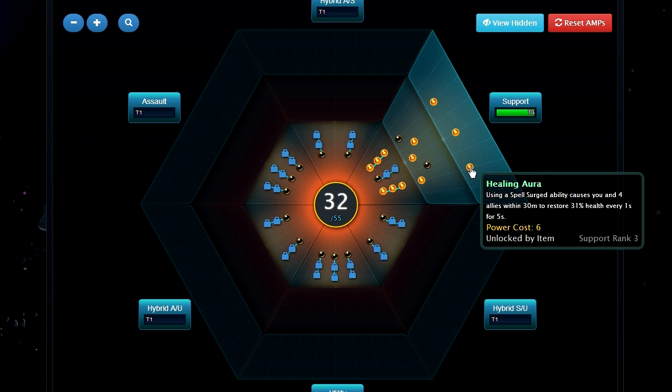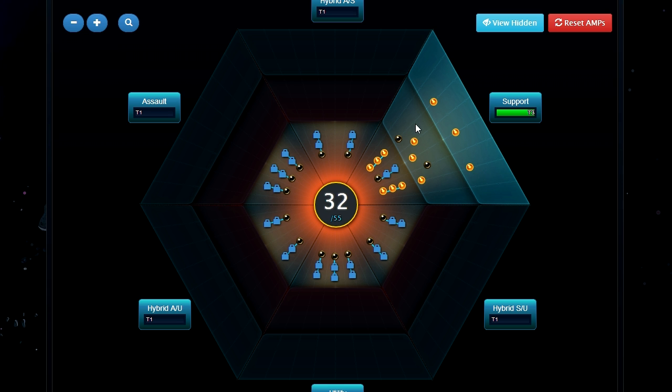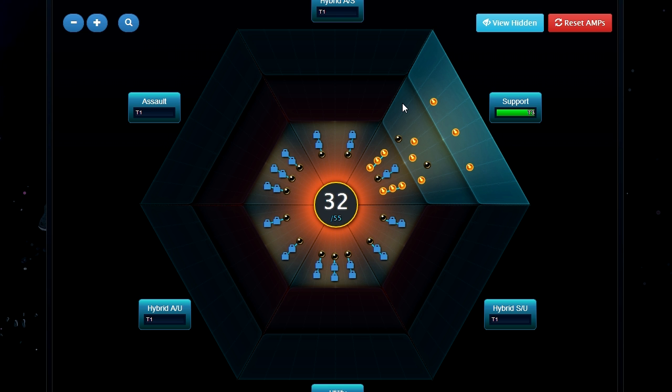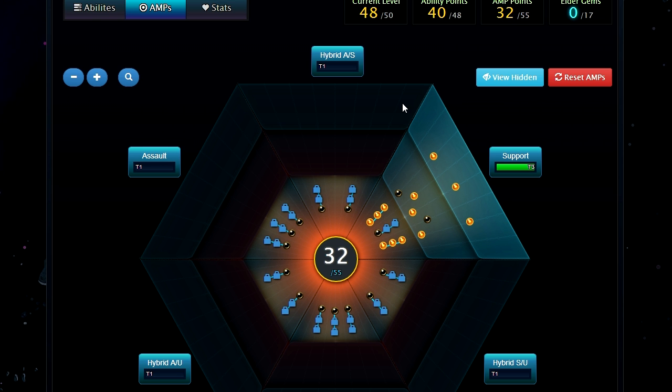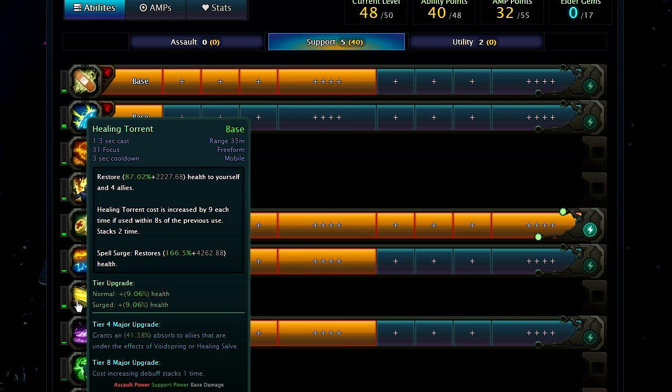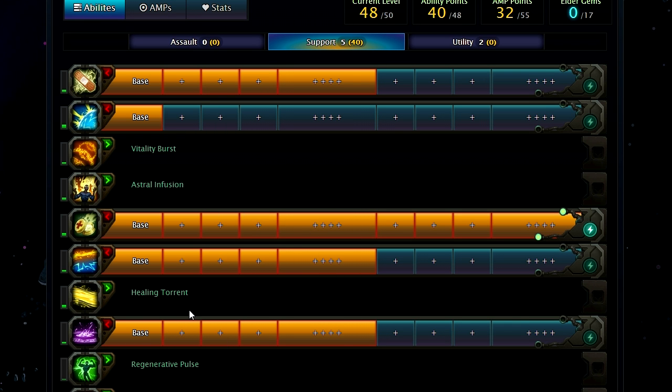So when you're in there and you have to seriously put down some big heals, is when you're going to be spell surging. So to have a thing there that makes everybody get extra health for 5 seconds just for having spell surged abilities going off is going to be very beneficial to the group. So now I might actually take us back to abilities, and we'll finish off this healing torrent here,